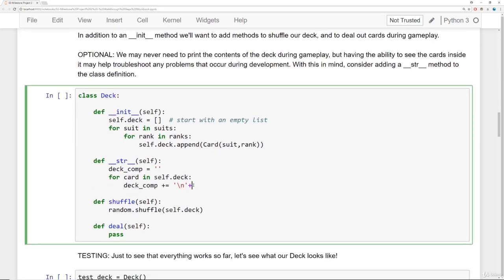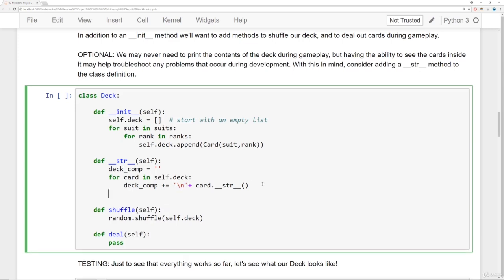We can say deck composition, new line, plus card, and then string, and to actually execute it, we have open close parentheses here, which basically just calls print out the actual string representation of each individual card. So now we have this giant string with new lines, and at the end, we can just return back a string that says the deck has,